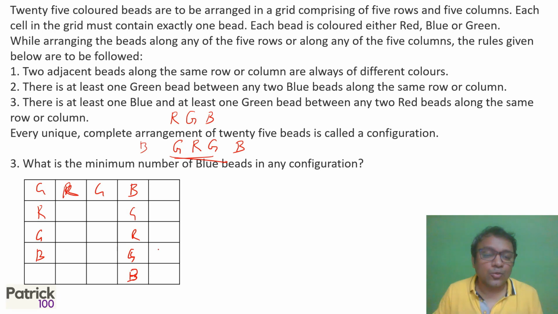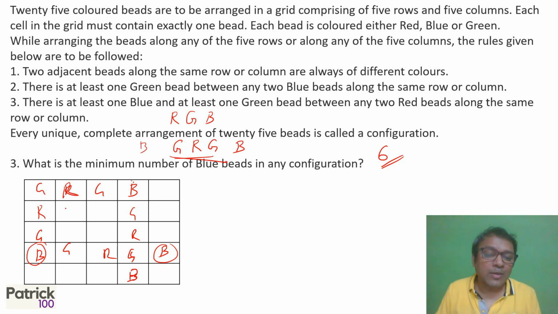So because you can't have all the 5 elements of green and red, right? So based on that, if you look at it, I can have this combination green, red, green, blue, and I can keep on fitting in so that there is one blue in each column plus, or each row there is one blue, except in the fourth row there will be two blue. So which means I'll require six blues at least, minimum. So six is the answer. You can fill it up.